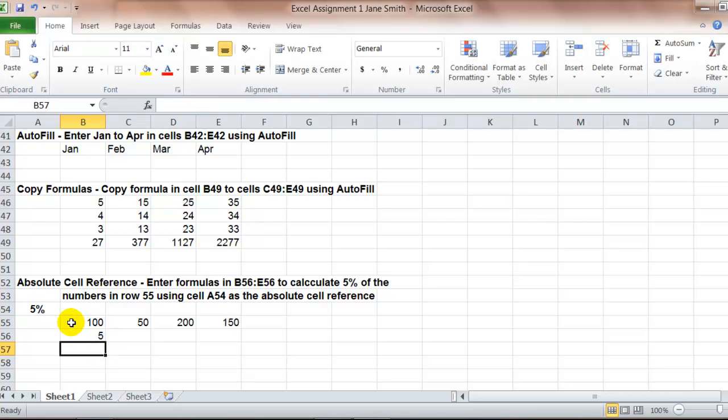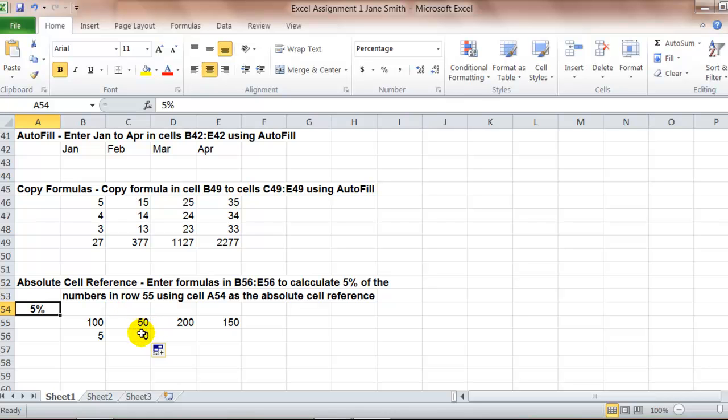Now, if you didn't do that, if you just said it's equal to the amount in B55 times the amount in A54, your first calculation would be correct. But then when you use the autofill to copy the formula to the next cell, you could see that it automatically moved to column C, but it also automatically moved to this B, to cell B54,